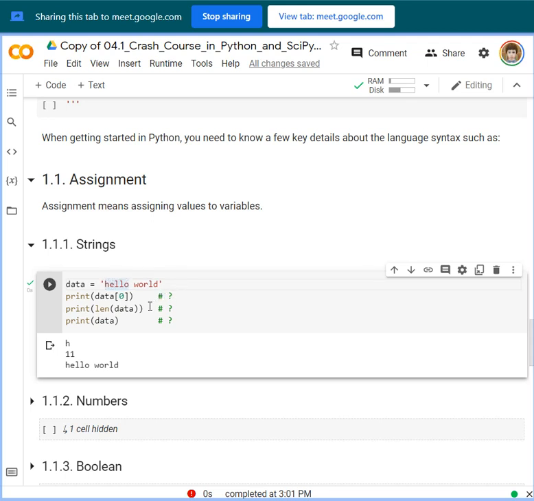So address 0 is the letter H. And len refers to the length of the data variable. That is why 11 was printed. That includes the white space. If you count them all, this is 11. And print data, so hello world. Okay, so that is how we assign strings.